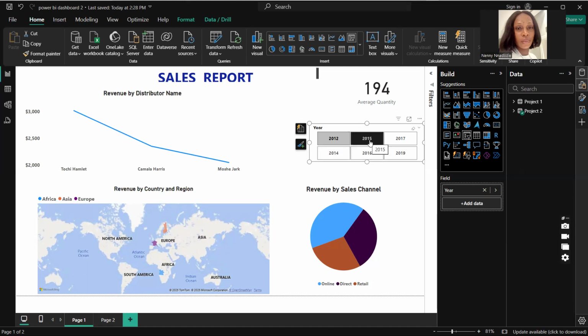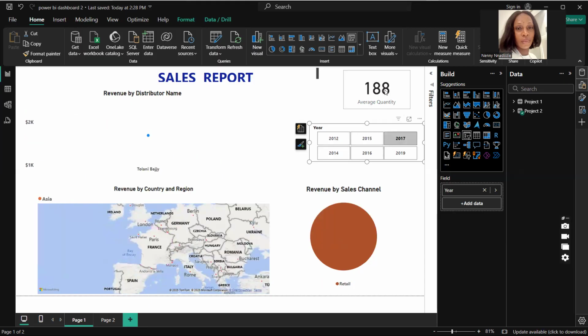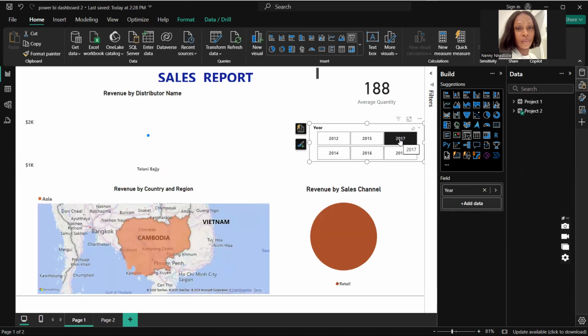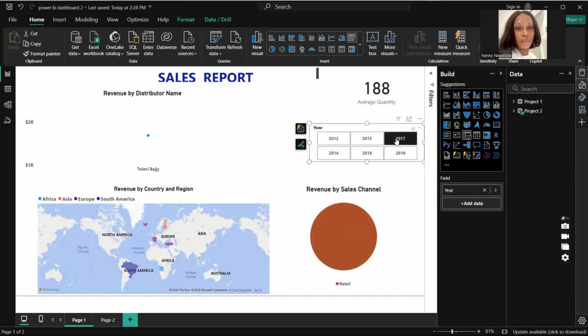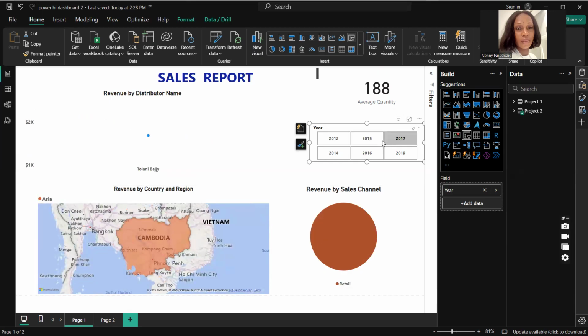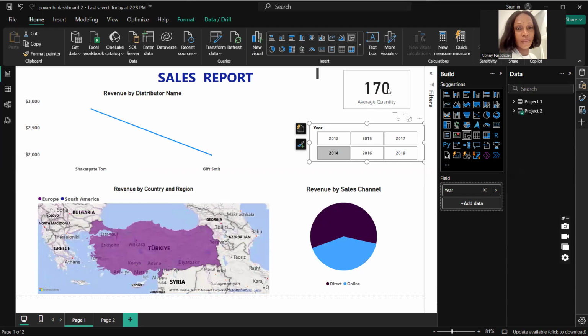Then in 2015, 188, and in 2017, 183. So we see how it's all going. This is just going to give us the average quantity at a glance without having to check